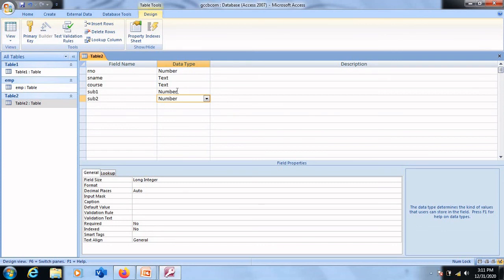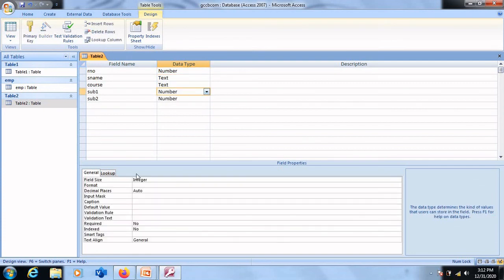And also we can have something called validation rule. We can have a validation rule which restricts the user from entering wrong entries or wrong values. For certain numbers, for certain entries, we can have validation rules. We can have it for roll number as well. For example, select the roll number field and its data type, go to the field properties and select a validation rule such as greater than 0, because we cannot have any roll number less than 0 or in negatives.